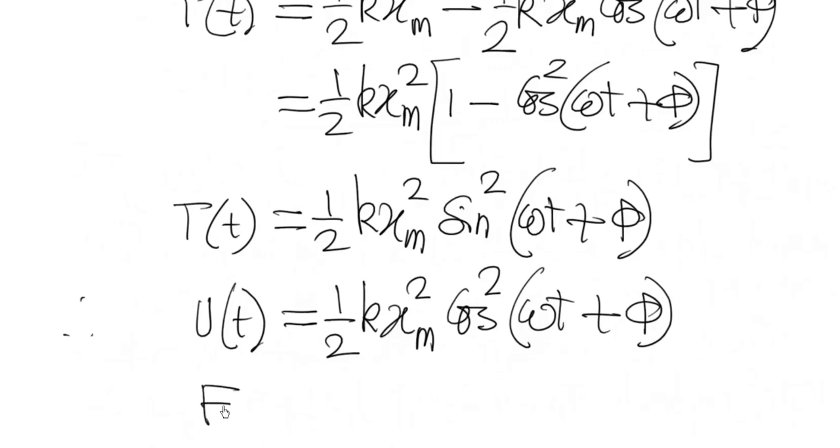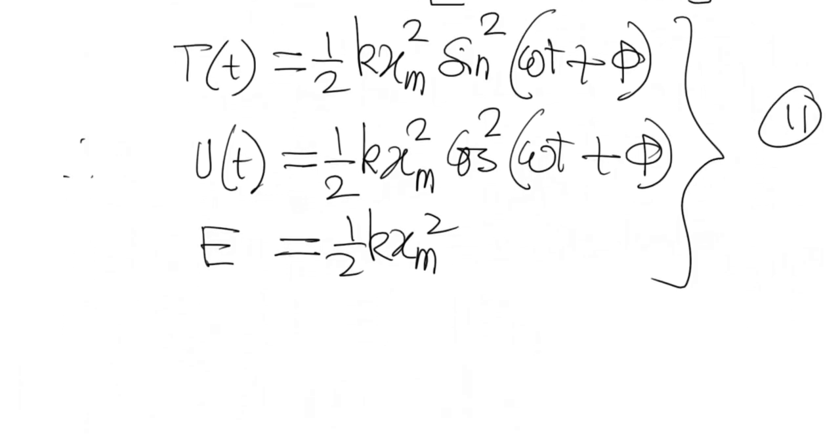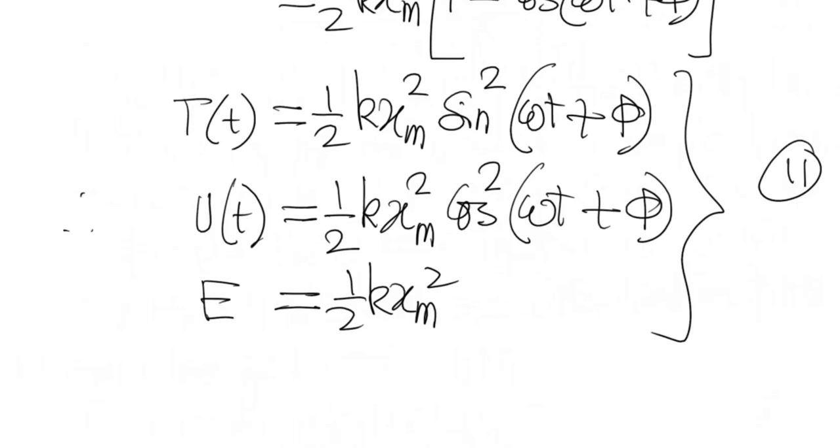And total energy is a constant, which is 1/2 k xm square. Or if you add these two, this one and this one, then take common half k xm square, you will have sine square theta plus cos square theta, which is 1. This is 11. Now if you want to draw this in terms of time t, and let us see whether